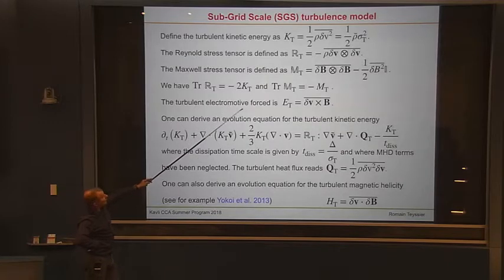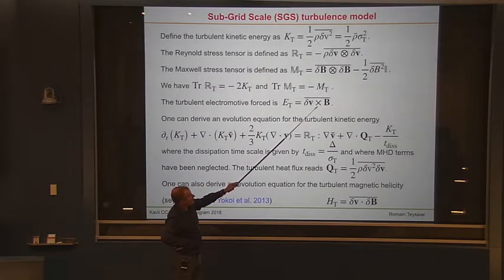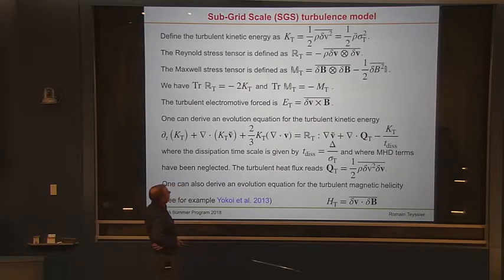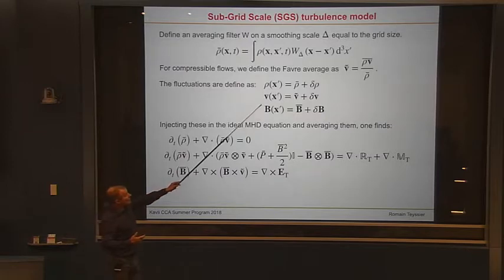And then the turbulent electromotive force is the average of the velocity fluctuation across the magnetic field. Right? So it's really the electromotive force due to the fluctuating velocity field. Okay? So now that you have this equation on V bar, V tilde, you have an equation that describes the evolution of V tilde. You have an equation that describes the evolution of V, right? That's the original ideal MHD equation.